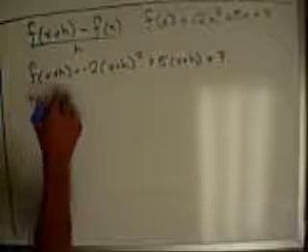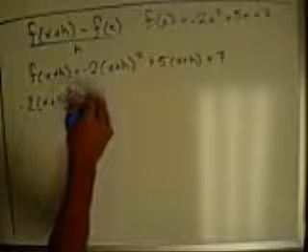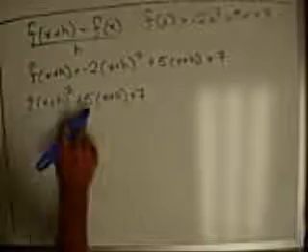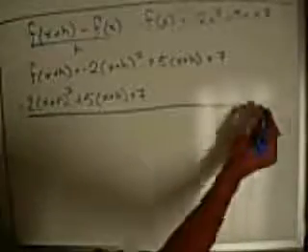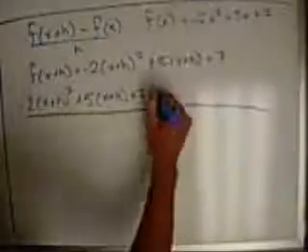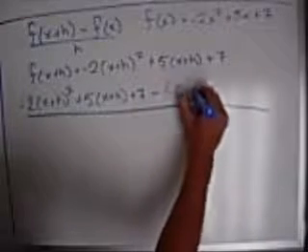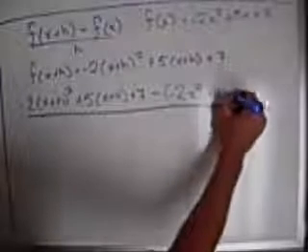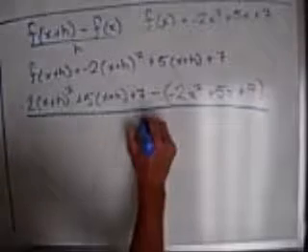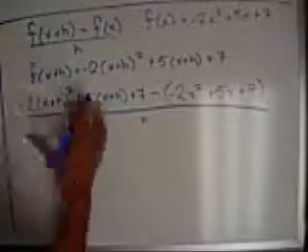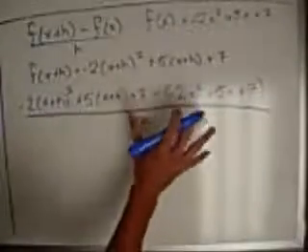Okay? So what I've got here is minus 2 x plus h quantity squared plus 5 quantity x plus h plus 7. That's my difference quotient. Okay? Now I'm going to subtract from that my f of x. Now I'm subtracting a quantity, so it's important to have these parentheses there. Minus 2x squared plus 5x plus 7. Okay? And that's all over h. What I'm going to do here now is just simplify what I've got on top. Okay? Now when you evaluate a difference quotient, when you simplify on top, lots of stuff should cancel,